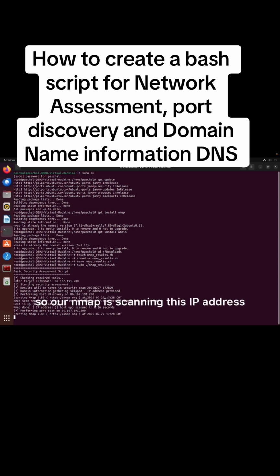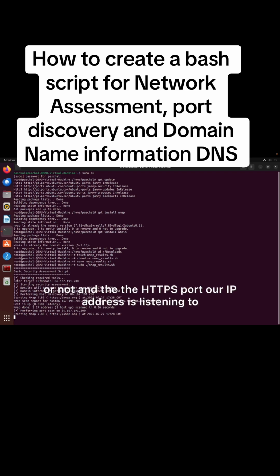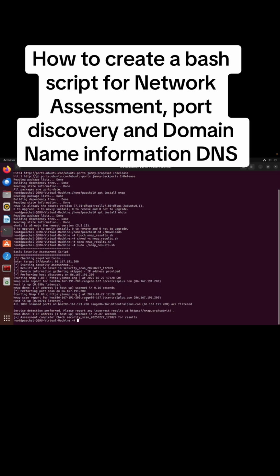So our nmap is scanning this IP address and gathering all the necessary information about this IP address. It will show us all the ports that are open. It will show us if our port is secured or not, and the HTTPS port our IP address is listening to. So as you can see here,